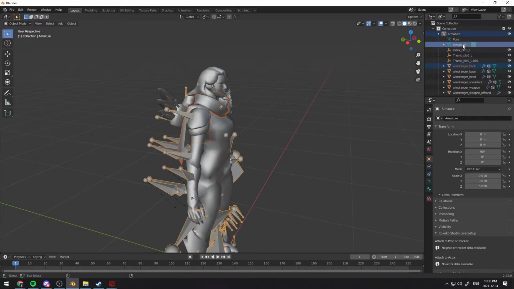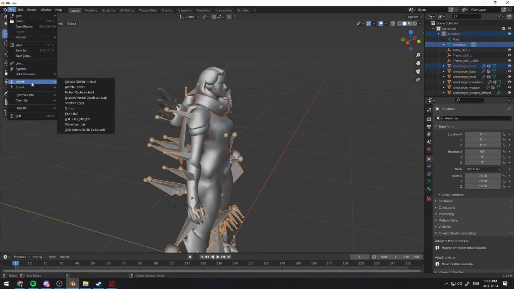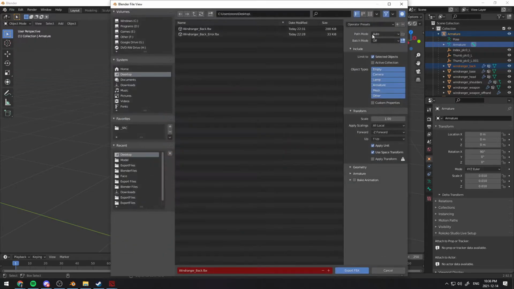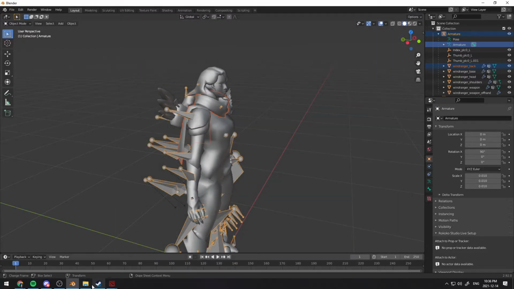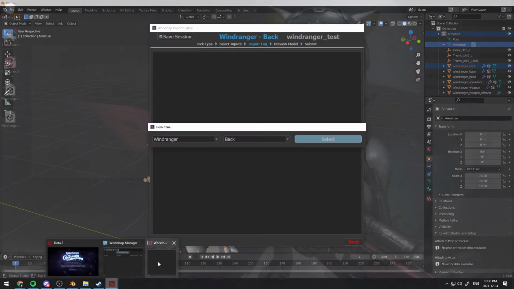And when I export it, just make sure I select the object I want with the armature, and export FBX. Have selected objects selected, so it only exports those models, that model. And then we go back to our